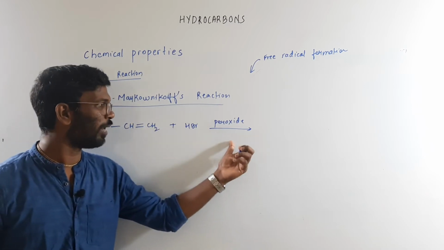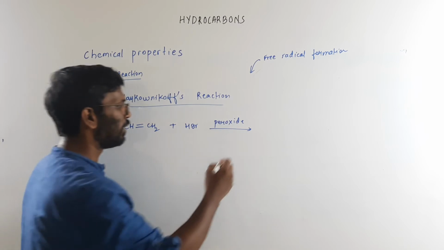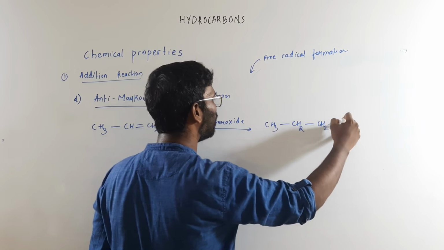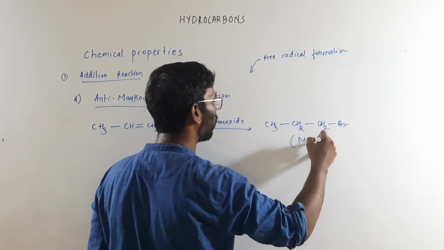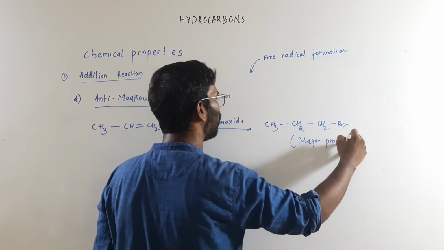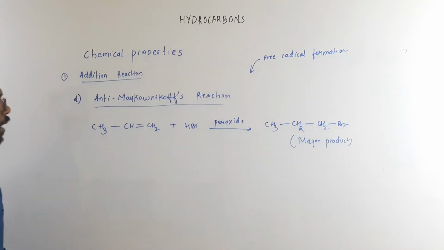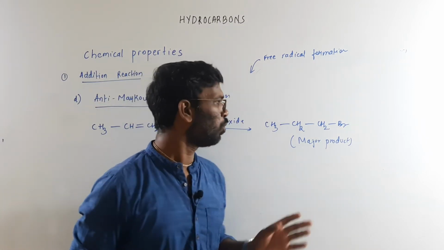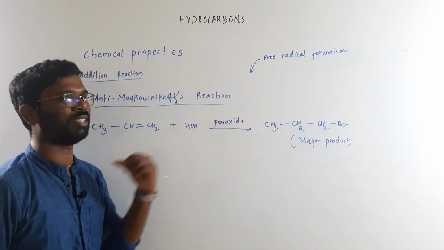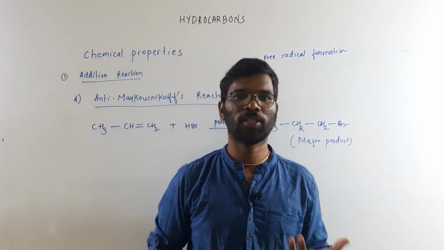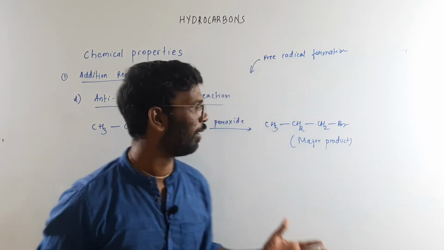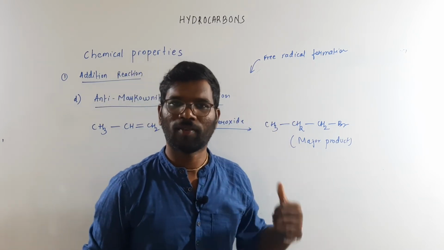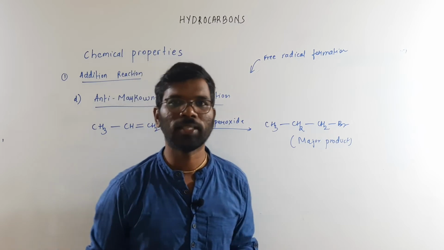In the absence of peroxide, Br would be substituted over here, but since it is in the presence of peroxide, you will be getting this as the major product, and that is the thing you have to remember. That is anti-Markovnikov's reaction, and the previous one is Markovnikov's reaction. So in both cases, the difference is only the peroxide. Here the peroxide is being added and we call this anti-Markovnikov's, and the major product is completely opposite. Here we are getting a primary alkyl halide. In the other case, the alkyl halide we get could be secondary as well as tertiary.